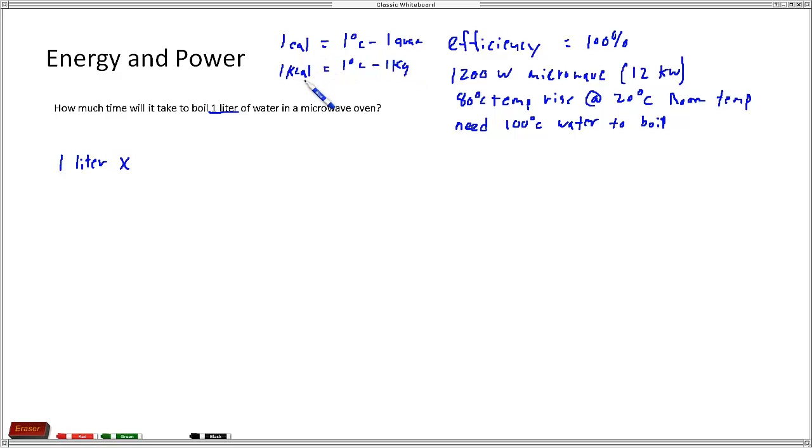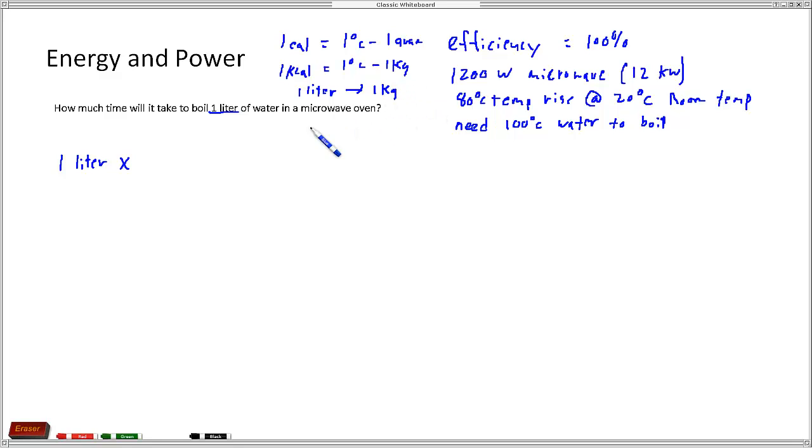This actually is going to help us here a little bit, because there's also a relationship that says 1 liter of water weighs 1 kilogram at standard temperature and pressure. We're not going to get into the fractional amounts here, because depending on the temperature and pressure this is going to change, but we're close enough to standard temperature and pressure here to where we're not going to worry too much about this particular